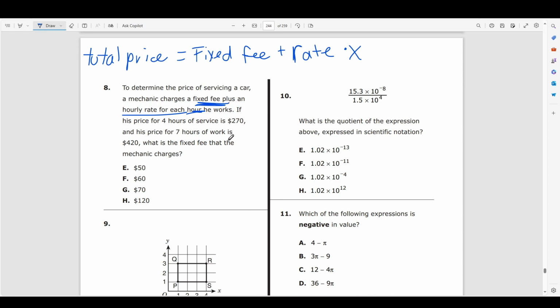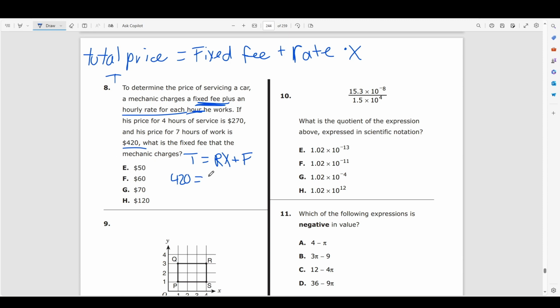Let's say that our total price is going to be T, right? So T is equal to our rate R times X, plus our fixed cost F. And now let's just plug in variables for these two. We know that the total cost for 4 hours of work is $270. So $270 is equal to, actually, I'll write the other one first. So we know that $420 of work is equal to,